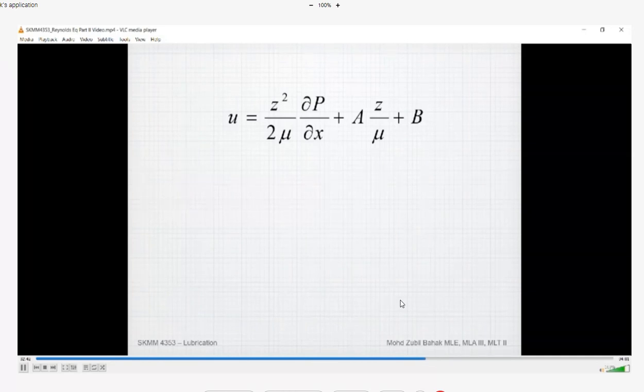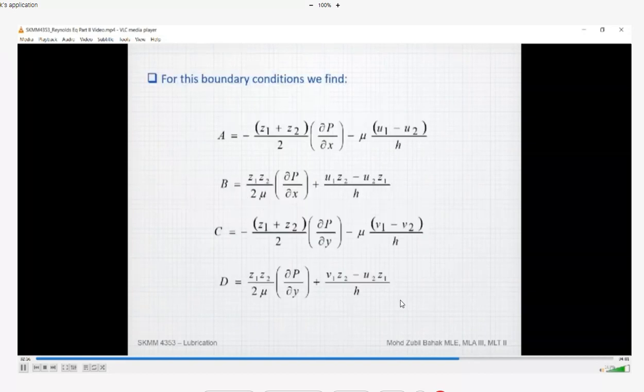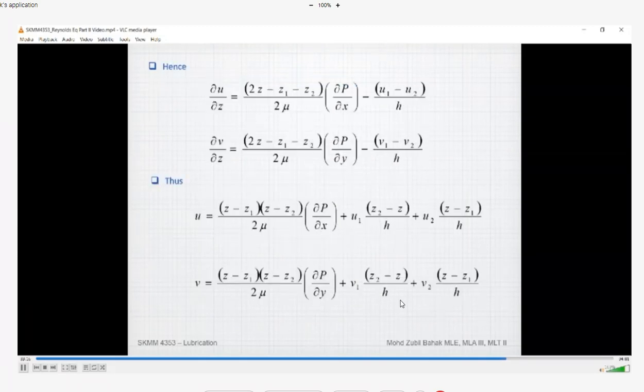Okay, so next we have the velocity in the x direction, as just before, and then by putting all these boundary conditions, we try to determine the A and B values. For the condition, we find that the A1 is as shown, and B, C, and D. By putting all the boundary conditions into the original equation, we solve for A, B, C, and D. Hence, when we combine all of that, finally we have this general